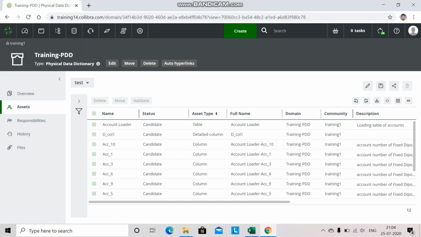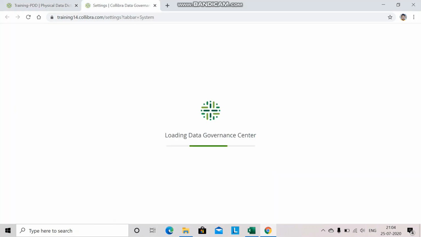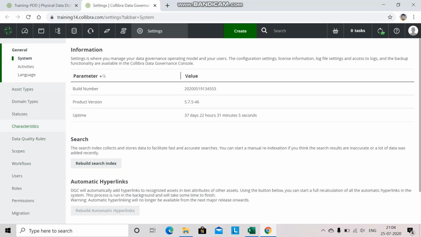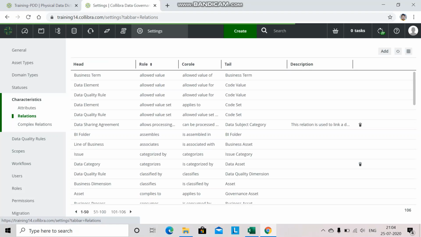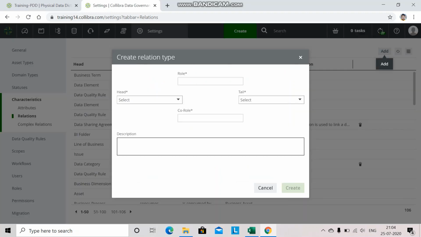To do that, we'll go into the settings again, and we'll navigate to characteristics, where we have relations. Now we'll click on relation, and to create a customized relation we need to click on this add button. Now this window will pop up. You will have to fill in certain information here. Now you can see there are four fields you need to select or fill in, that is head, role,